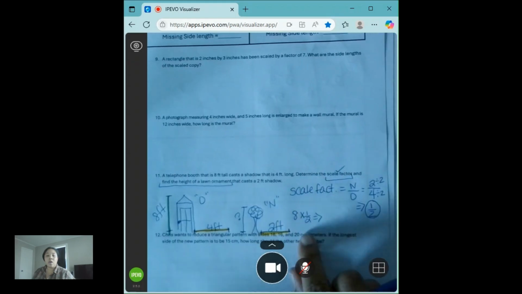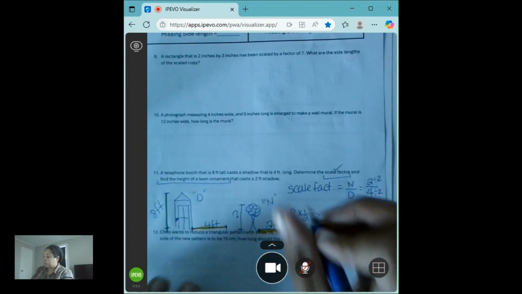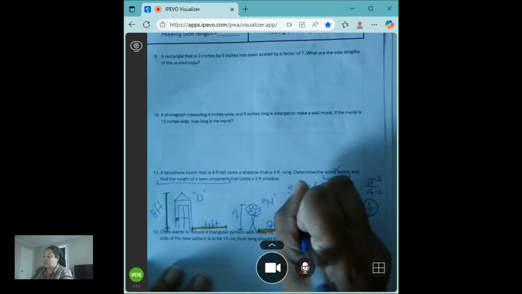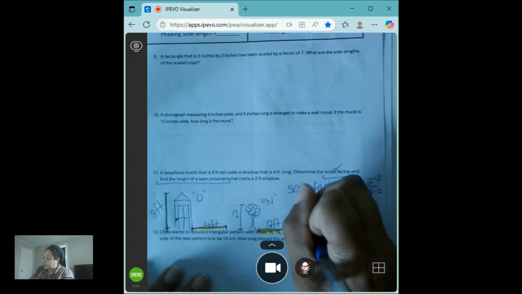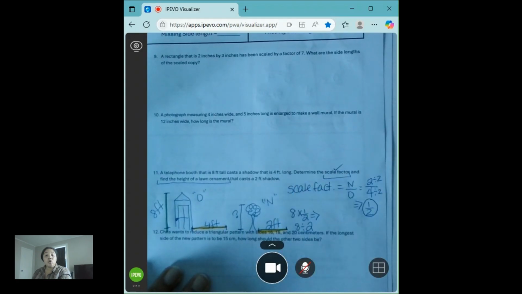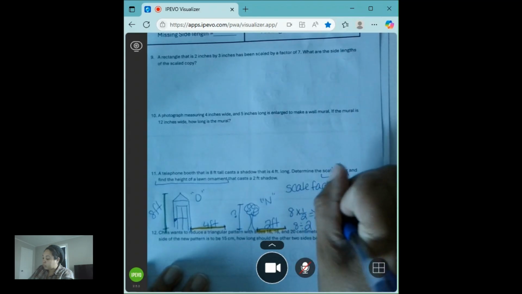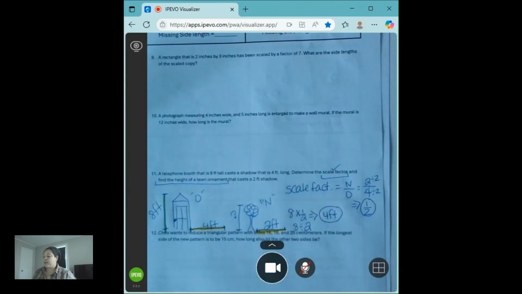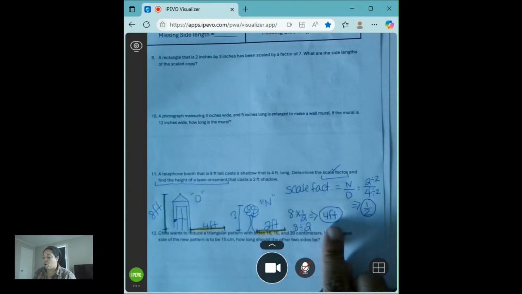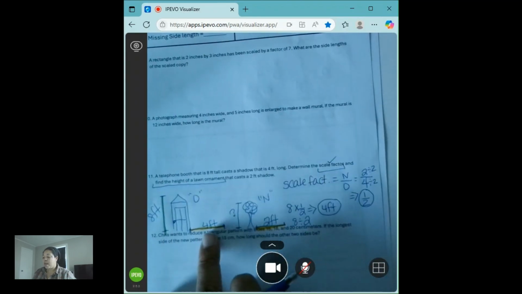Now, this can go 2 different ways if you don't like fractions. You can do 8 times 1/2, or you can do 8 divided by the reciprocal of 1/2, which in this case is 2/1, or 2. And 8 divided by 2 becomes 4. Now, make sure you answer the problem. Don't just write 4, because I wanted to know the height. And if all of these measurements are